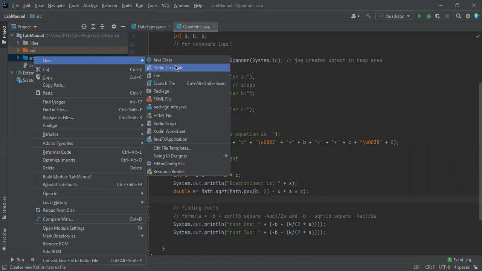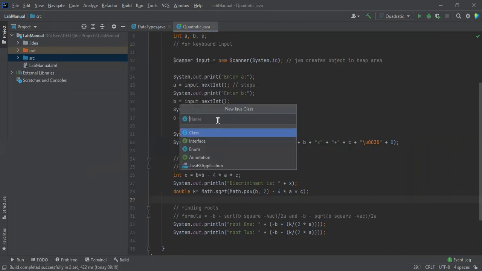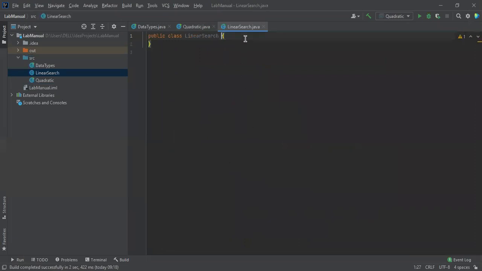Now I'm going to create a Java class. So now I'm checking this is linear search. So this is the linear search. So I'm telling what is the issue over there. Let me check that one.